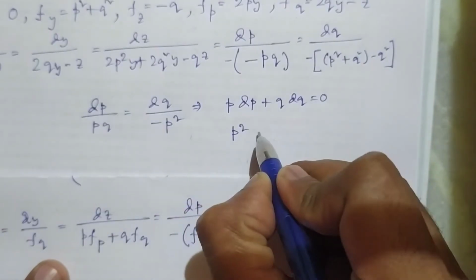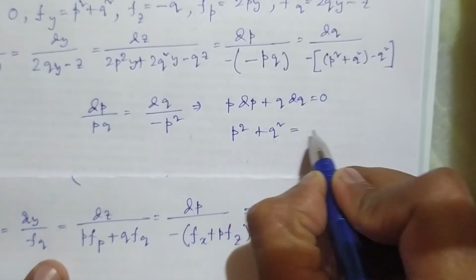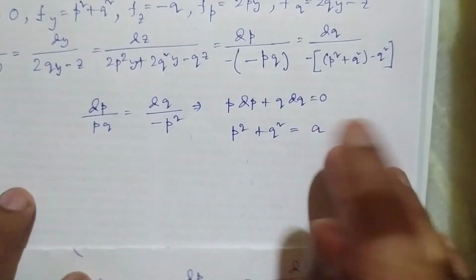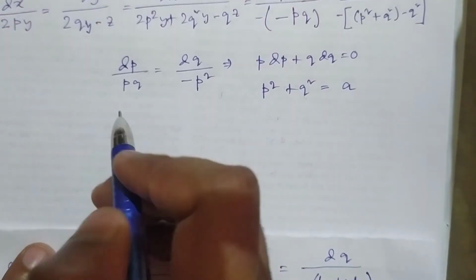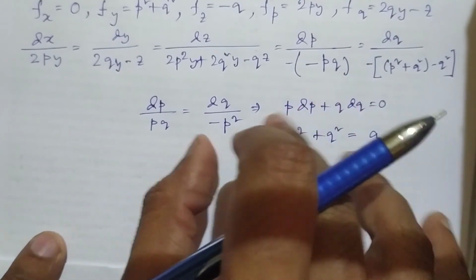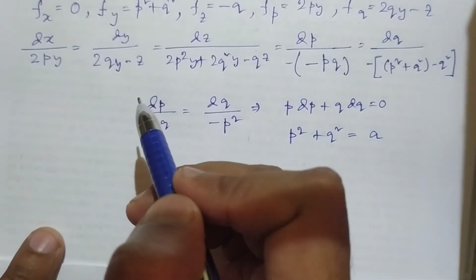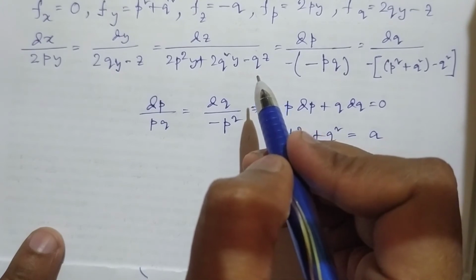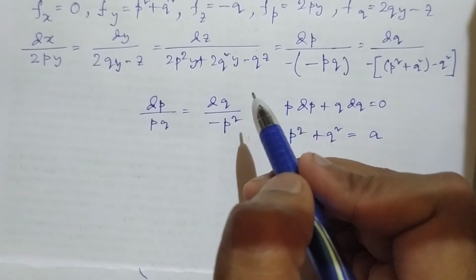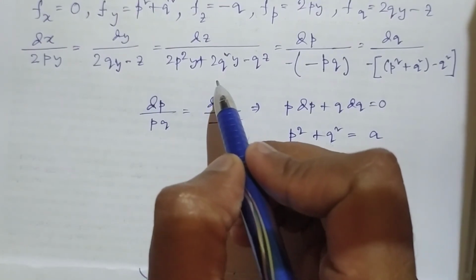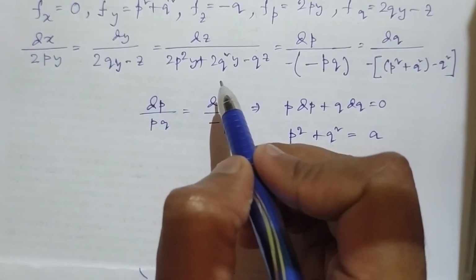Solving, we get p² + q² = a, where a is an arbitrary constant of integration. So now from equation 1 and 3,